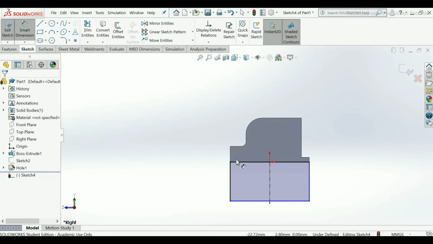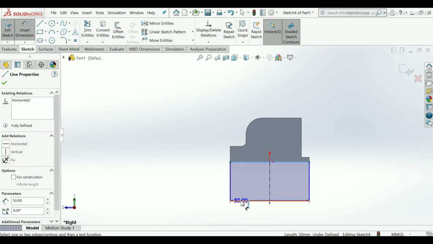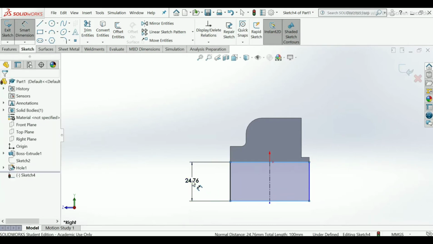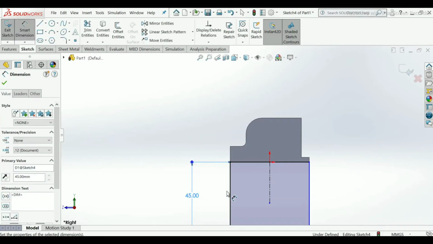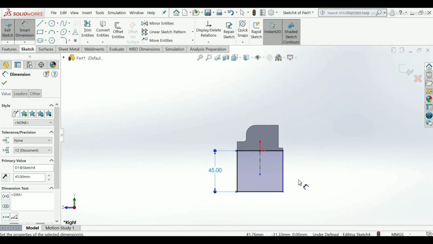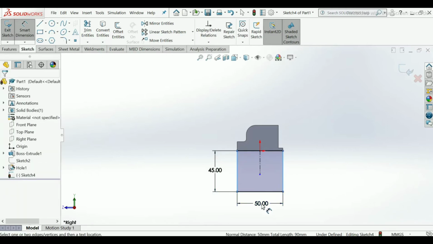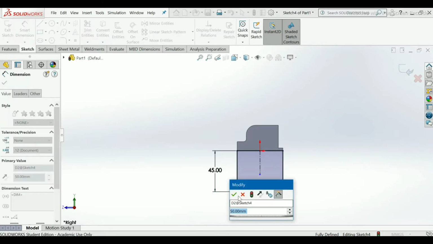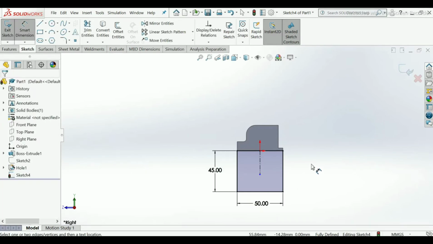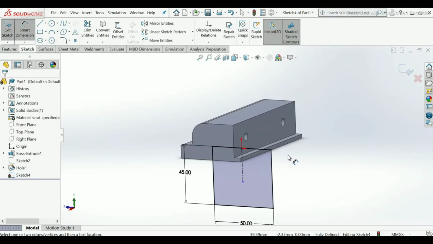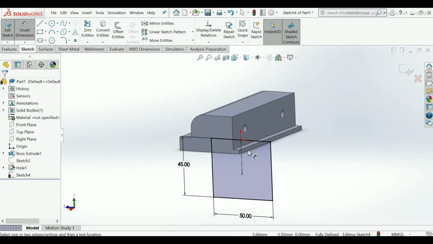Use smart dimension, select this line and this. Height will be 45 mm and the length will be 50 mm. Okay. Click OK.